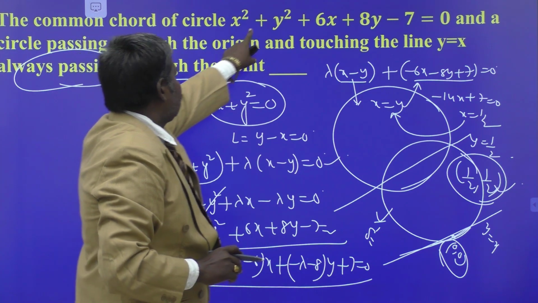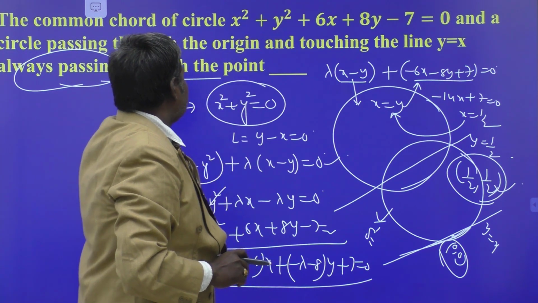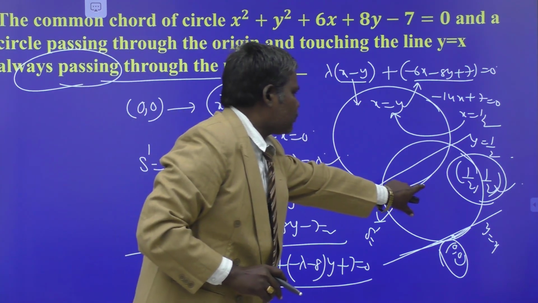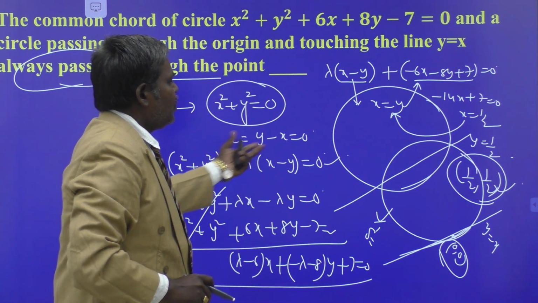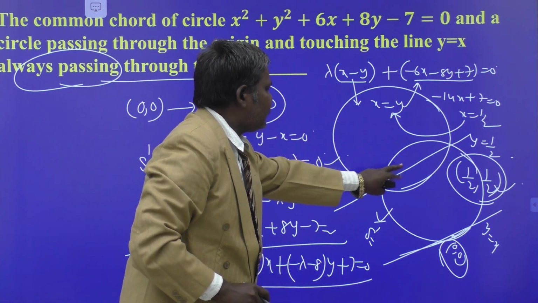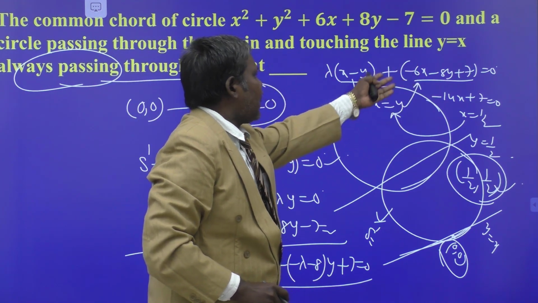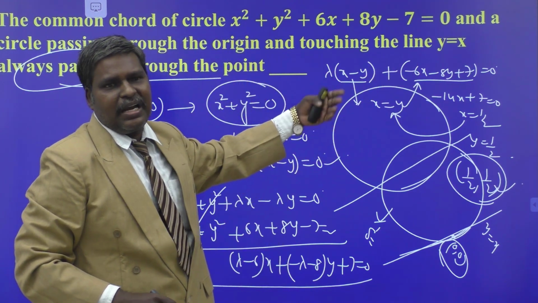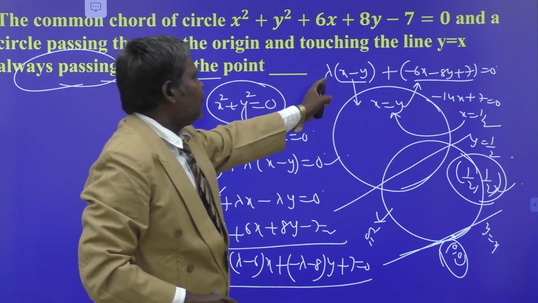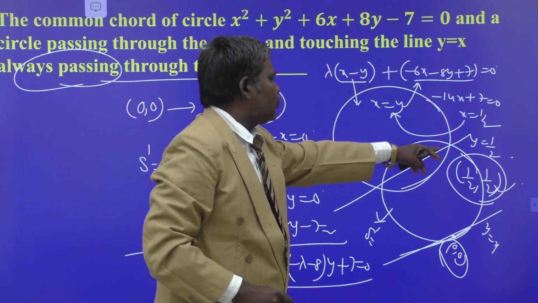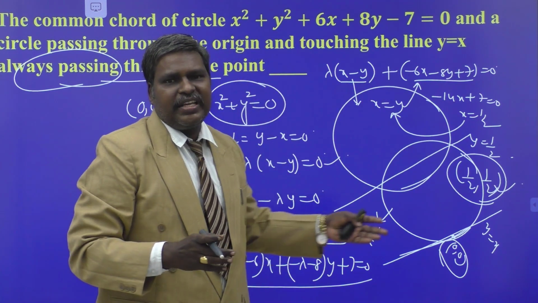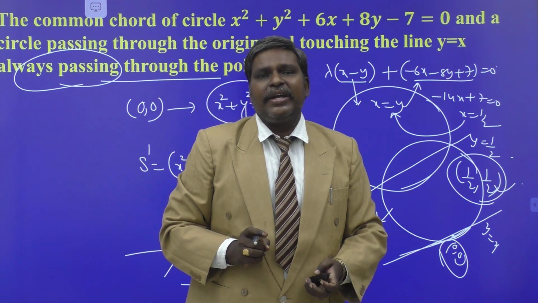So one circle is given directly, another circle is given indirectly. We are preparing in this manner S plus lambda L equal to 0. I am again finding the radical axis of these two circles. There are an infinite number of circles. Every line is of the form L1 plus lambda L2 equal to 0. By solving L1 equal to 0 and L2 equal to 0, we obtain the fixed point, that is (1 by 2, 1 by 2). Thank you.